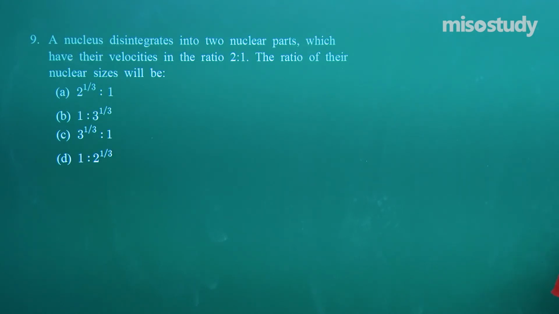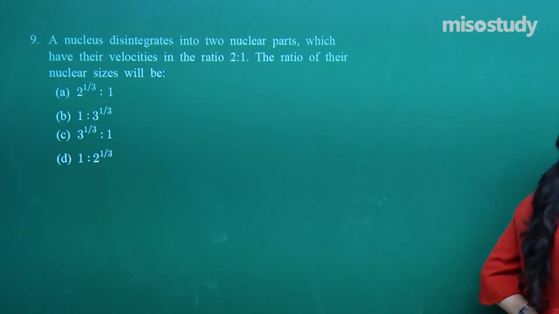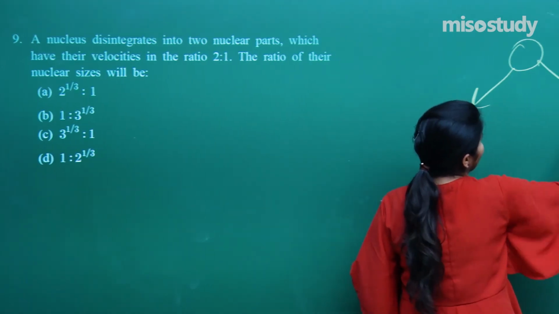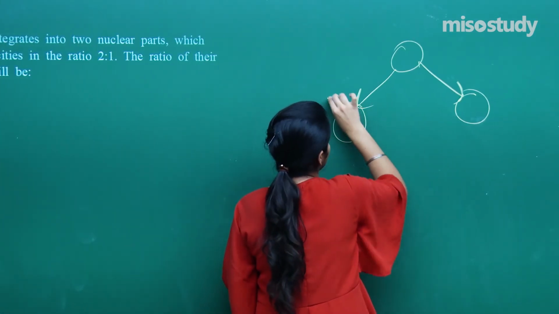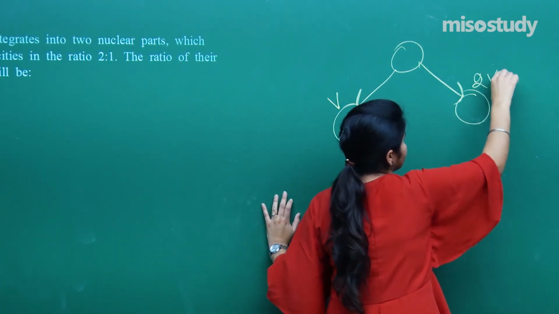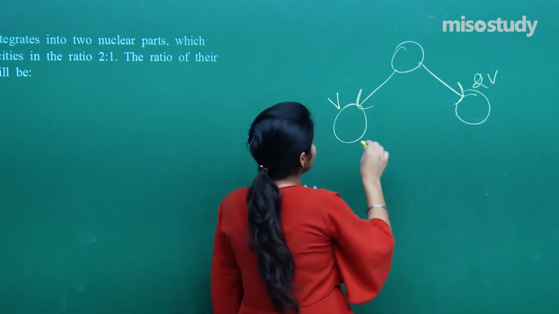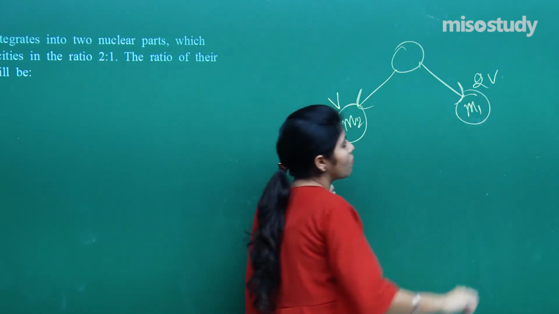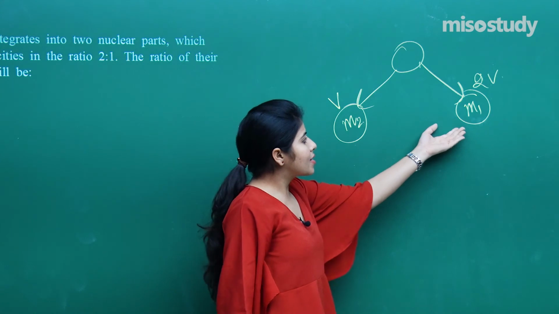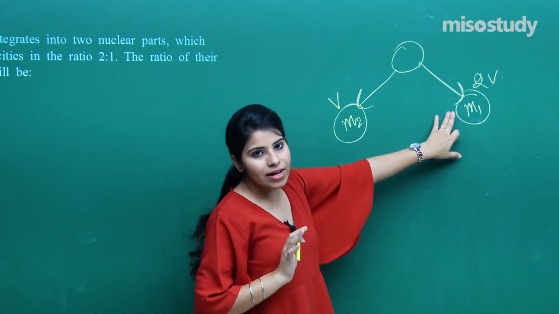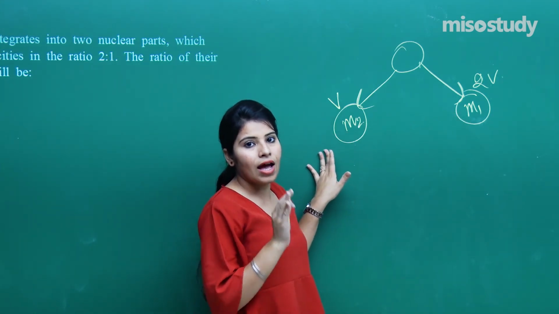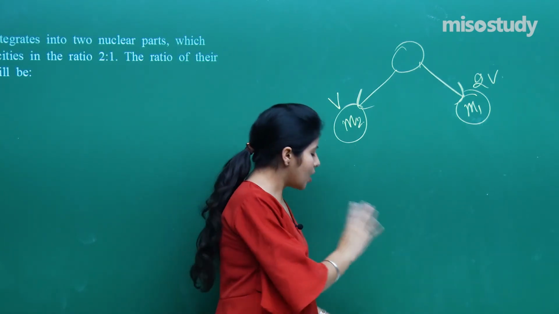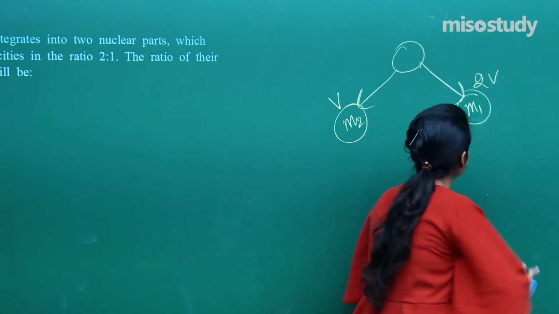Again, if you are feeling confusion in this question, I can tell you one thing. As we have seen, this has broken down into two particles, one having velocity v, one having velocity 2v. So I am supposing that this one will have m2 as mass, and this one will have m1 as mass. In that case, I am imagining that this is the lighter particle, this is the heavier particle, and by imagining that, I have given the solution for this, right? Now we will begin with the next question.